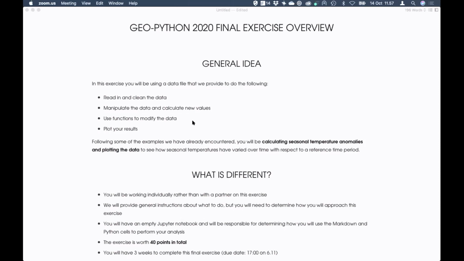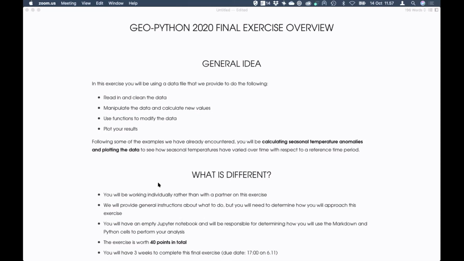You have the skills to do all of these things, but things are a little bit different this time because we are going to require that you work individually on this exercise. I don't personally have a strong view about whether or not you talk with other students in the course. I think that we would say that that's fine for you to talk a little bit with one another, but